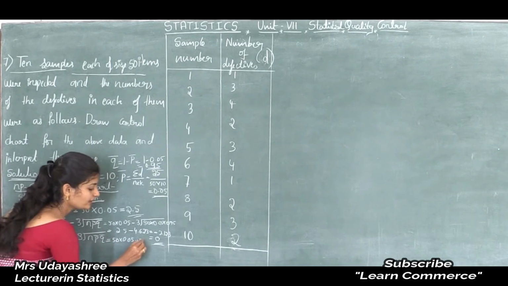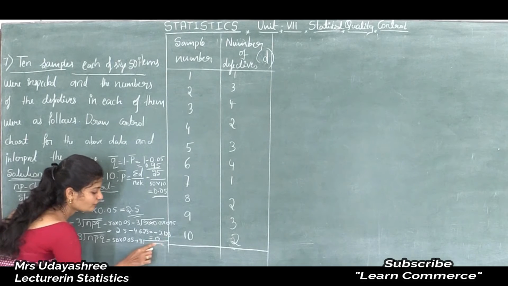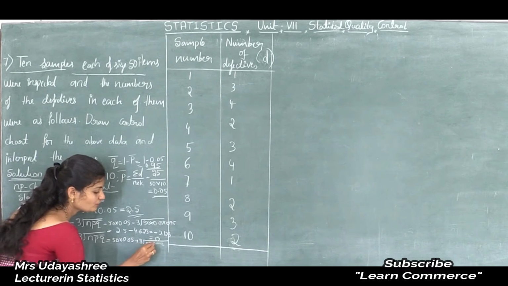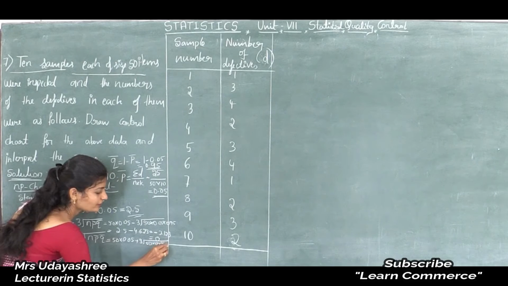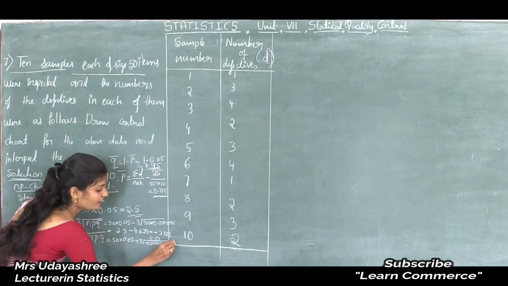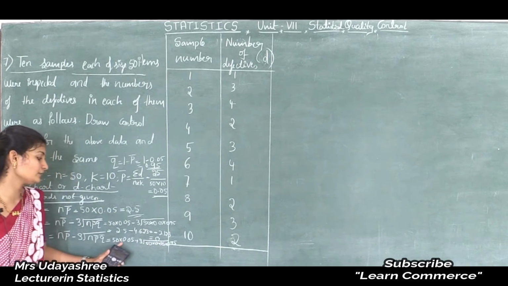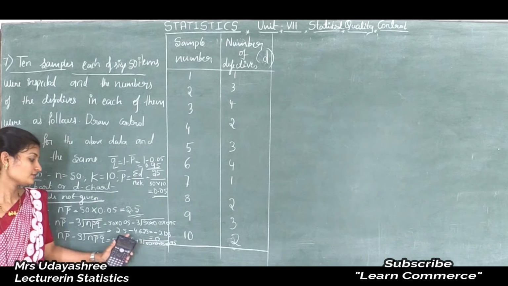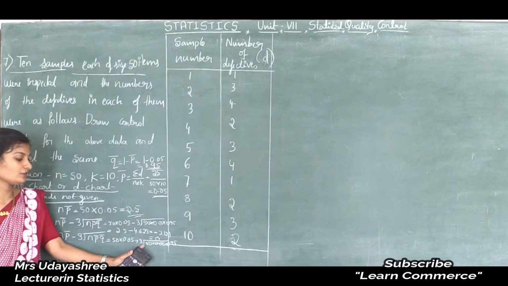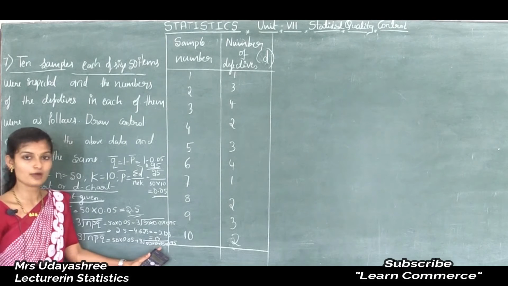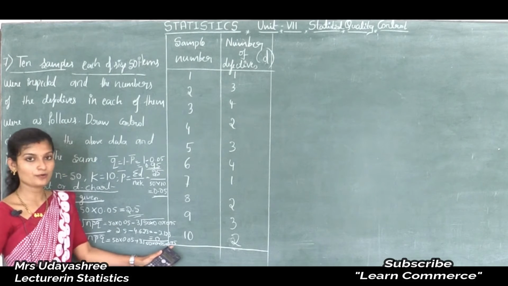What is n? That is 50 into 0.05 plus 3 into square root of 50 into 0.05 into 0.95. See here, 50 into 0.05 is 2.5, and 3 into square root of 50 into 0.05 into 0.95 is